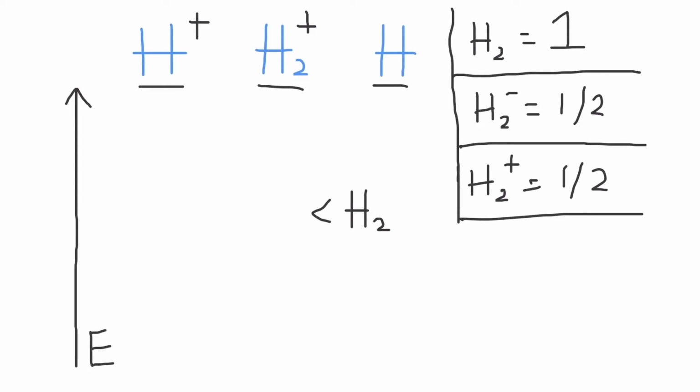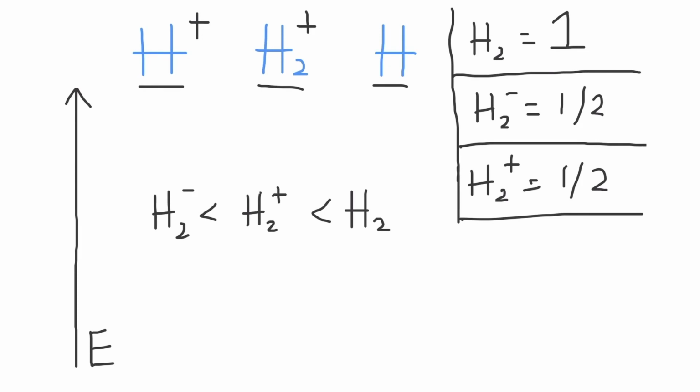It turns out that although they have the same bond order, we can still tell which one is more stable than the other. We can do this by again thinking about their molecular orbital diagram. Remember that H2 minus had an extra electron in the antibonding molecular orbital, while H2 plus had no electrons in its antibonding molecular orbital. Because there was an electron in the antibonding molecular orbital, this requires an input of extra energy, which destabilizes any potential H2 minus molecule. This means that H2 minus will ultimately be less stable than H2 plus. So we can place H2 minus at the bottom of our ranking and H2 plus